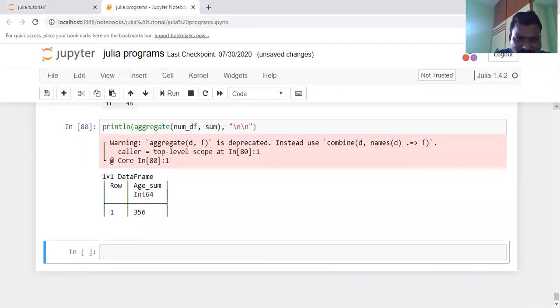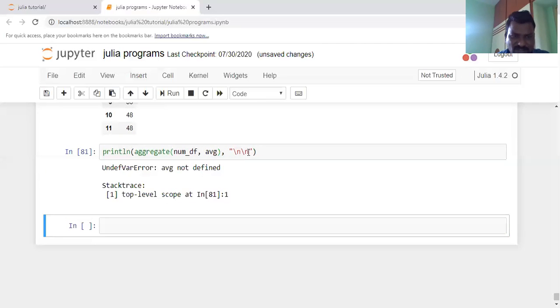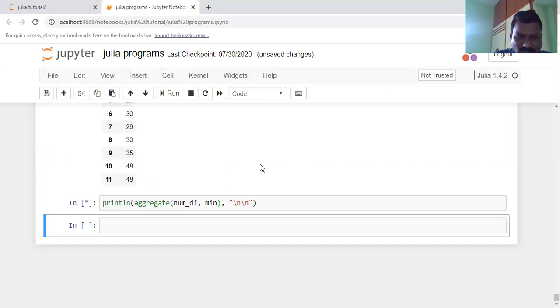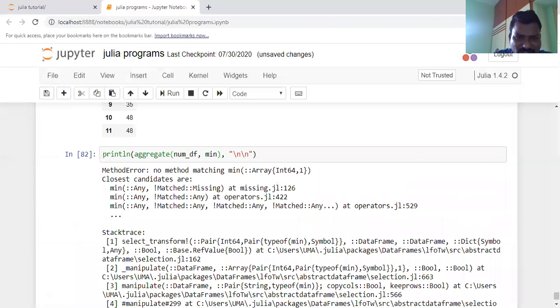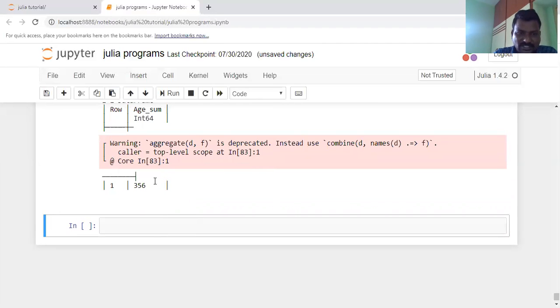I think count is not available. I want to know about the AVG average function. Average is also not available. Minimum value and maximum value are also not available. Yes, only sum is available for this function. Here I'm going to aggregate the sum of the information, that means it gives a sum value. In this way you will perform the aggregate operation here.